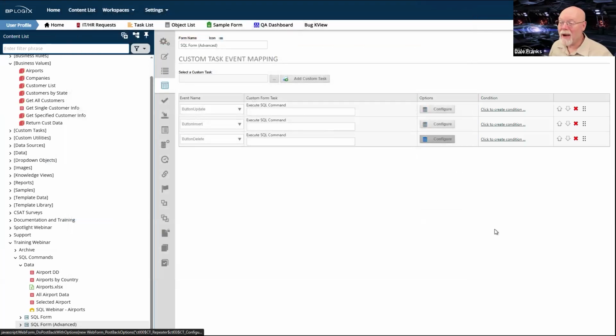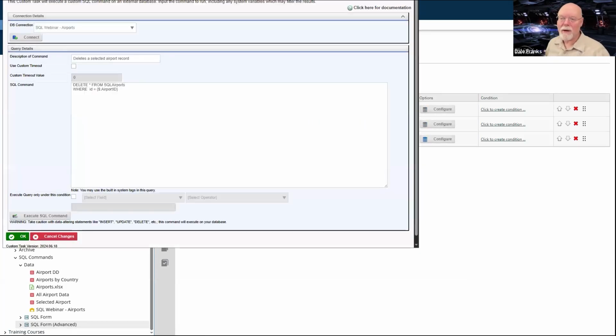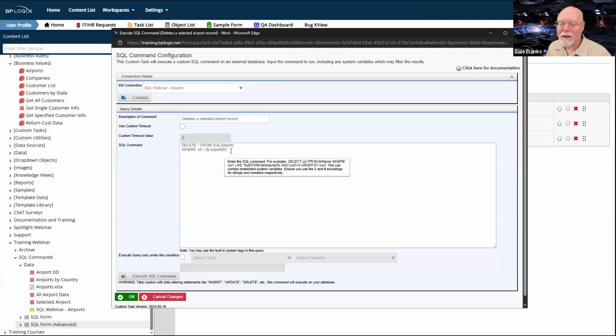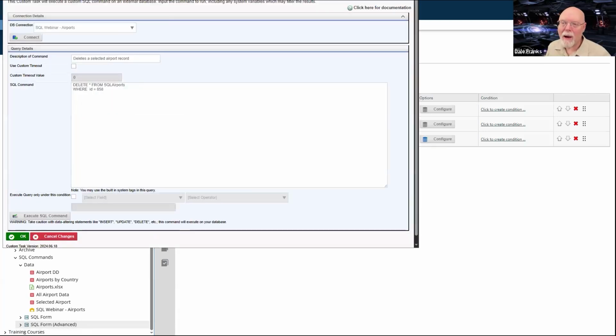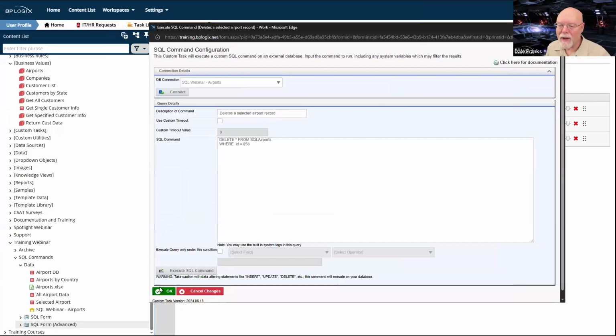So let's go back to my SQL command here. I know what record I want to delete, and that is 858. Oh, didn't want to hit OK. I mean, it's fine, I saved it.